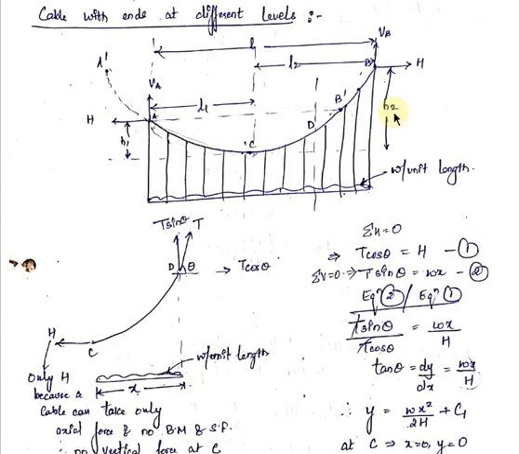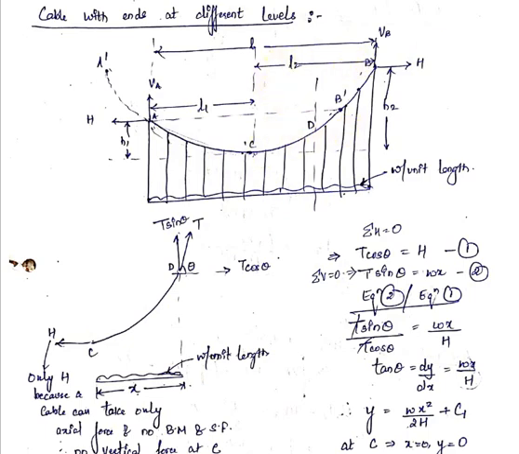Now we will derive various equations, like what will be the profile of the cable, what will be the length of the cable. So we will see these things in this derivation. Forget about this dotted part here, A dash A, forget about this part for now. Forget about this B dash point, forget about this D point. First we will see what will be the profile of the cable when it is subjected to a UDL, and of course the supports are at different levels.